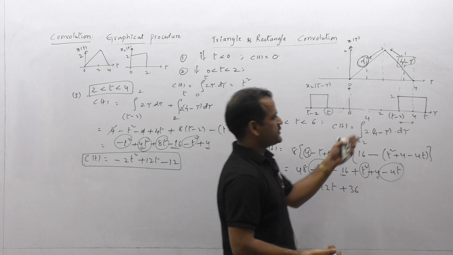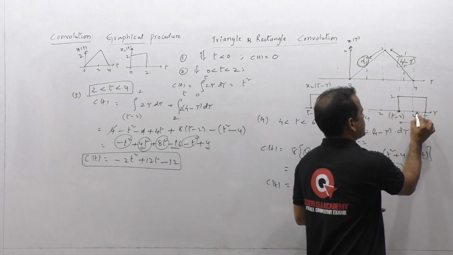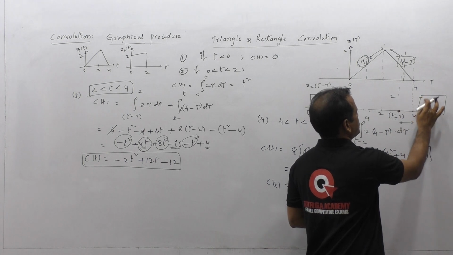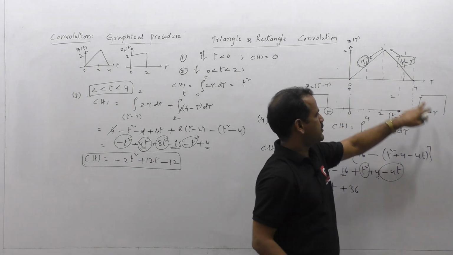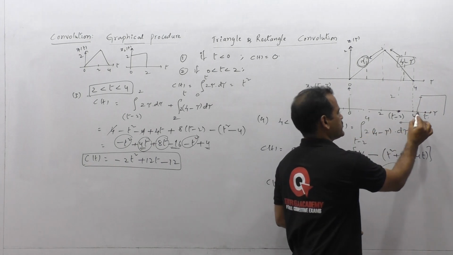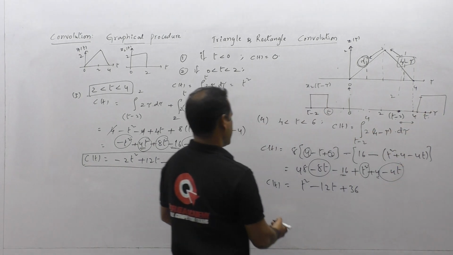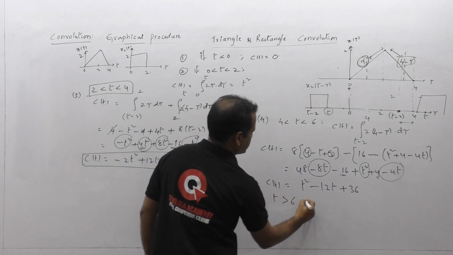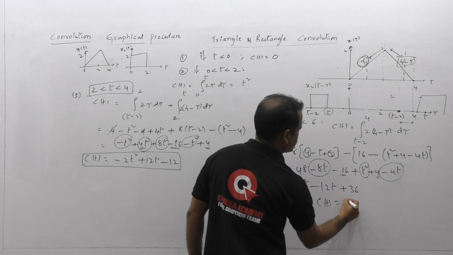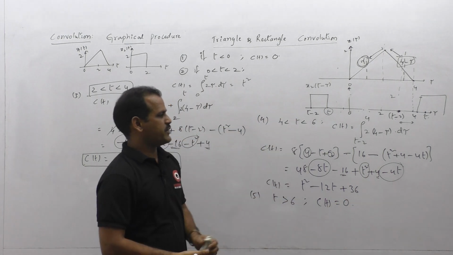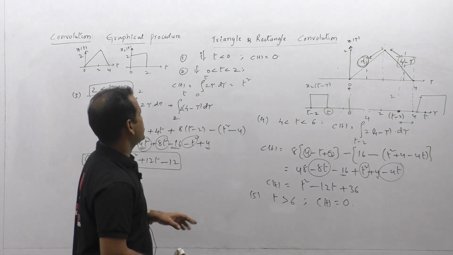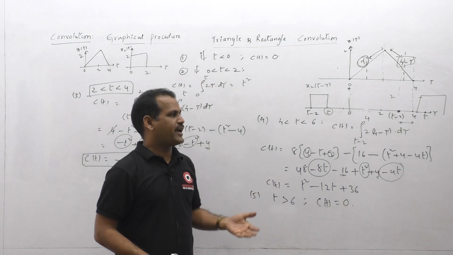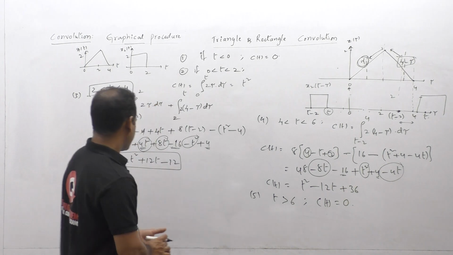Further, if it is shifted forward, means this t minus 2 crosses this 4, both don't have any non-zero product limits. So the product of these two will be 0 if this t minus 2 crosses 4 or t crosses 6. So case 5 we can take that if t greater than 6, C of t should be again 0. Like that in different steps we are getting non-zero product for the convolution integral: 2, 3, 4. In these 3 steps we are getting non-zero value for the convolution integral. Let us write one by one here.